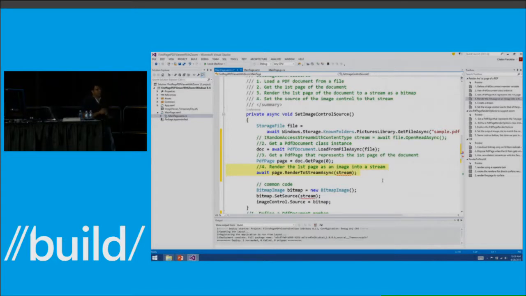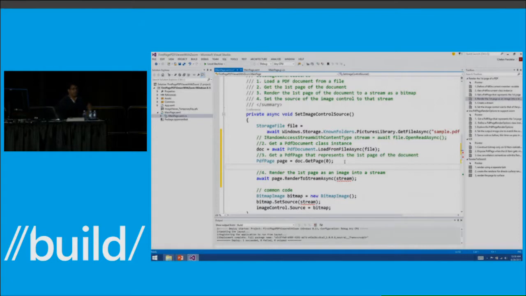This API by default renders the page at 100% of the authored page size. It uses white as the background onto which to render the PDF page, and it uses PNG as the image encoding format. It takes in a stream into which it writes the image.